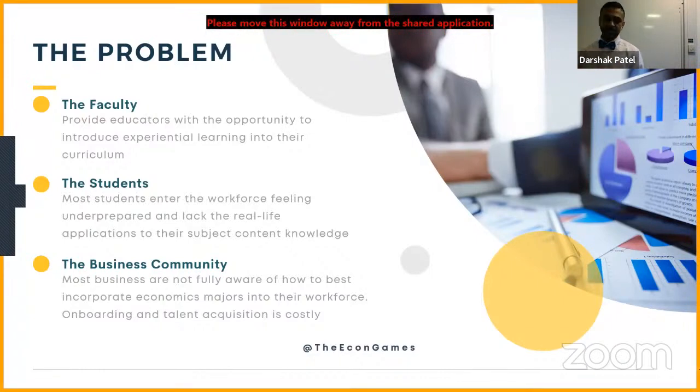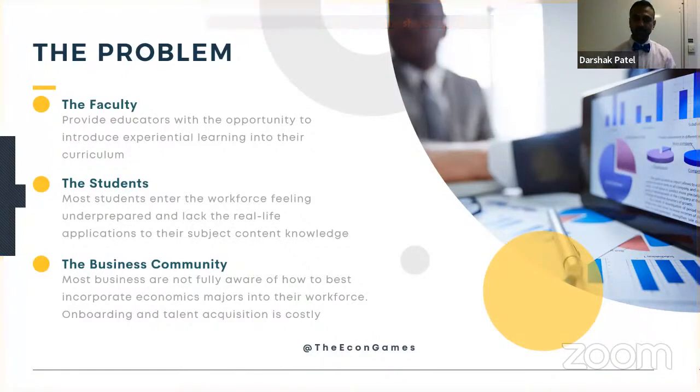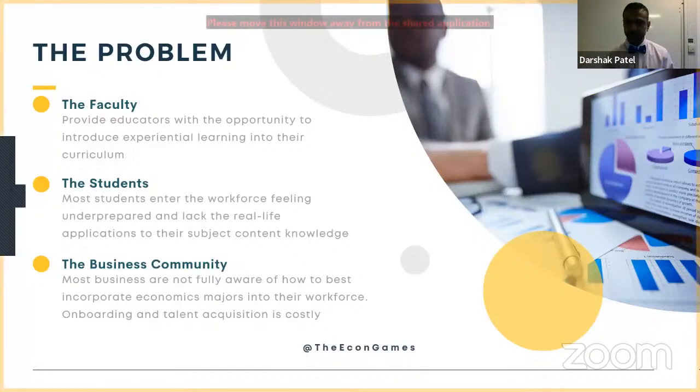And a lot of times when they tend to hire, their job description tries to ensure that they're looking for someone who's in finance or marketing. But over time, we've realized that they're actually looking for those students who are probably trained in economics. And so that's one thing that we wanted to try and bridge the gap between what we teach in economics, students who learn economics, and what employers are looking for.